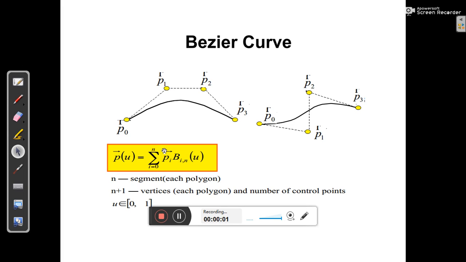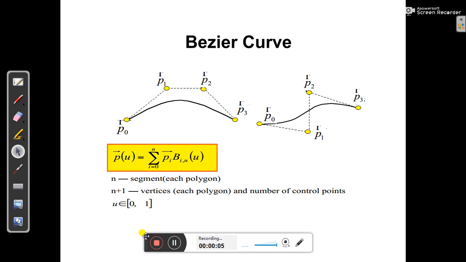Hello student, in this video I am going to start from the last point we have discussed regarding the curve representations. So today I am going to discuss a few other topics regarding the curve representations. Here, starting with Bezier curve. So in case of Bezier curve, here you can see this is